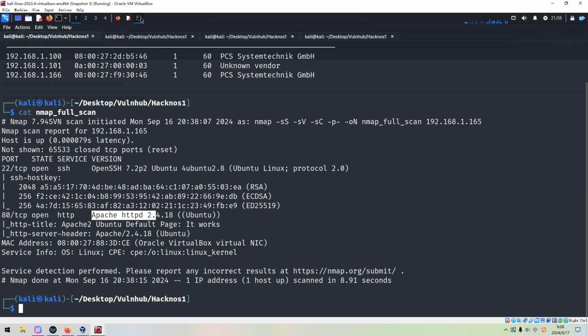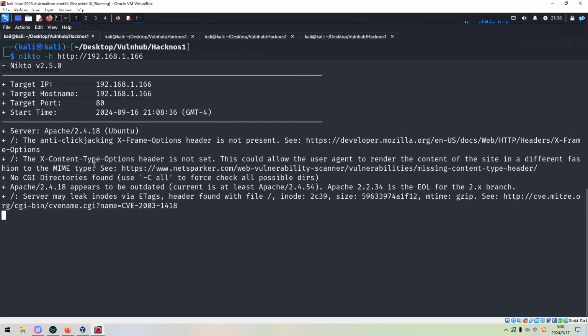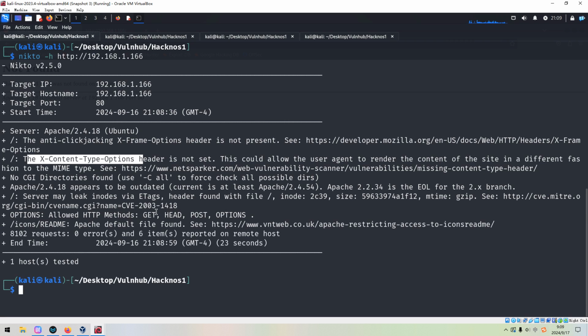Not found. Next, we can launch Nikto to do the automatic enumeration. And Nikto can give us a lot of output or information about the web application. For example, like the banner or the version information, the header information, the allowed HTTP methods. For example, if the target allows a dangerous method, for example, like a PUT, then we can utilize that sort of dangerous method for our purpose. For example, to upload the malicious file onto the target machine. But here, nothing exciting.